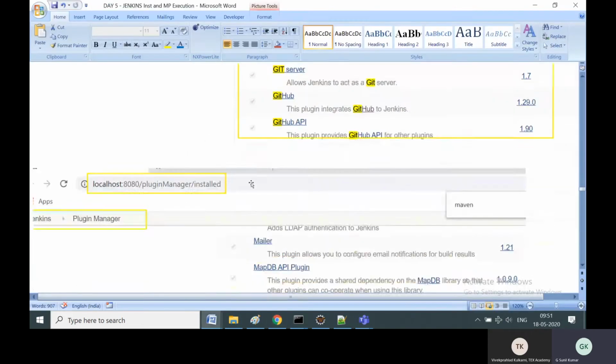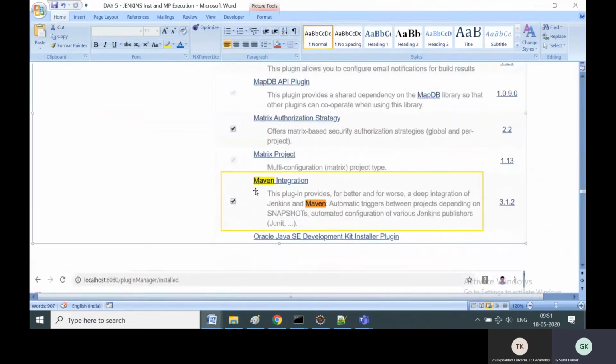then we have to go ahead and install Maven, because we are going to execute a Maven project. If you remember, guys, in part 1 also, I showed you how to create a Maven project, how to check in the Java project or Maven project to GitHub, and how to make the project available in GitHub. So in order for Jenkins to perform those actions which I did manually, we require this Maven integration.